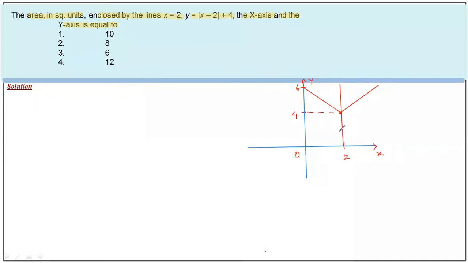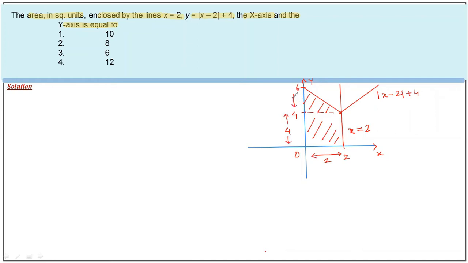Okay, so in this graph, we have the x-axis and the y-axis. This is x equal to 2, and this is mod of x minus 2 plus 4. Now we have to find out the area of this region. So this is 2 and this is 4